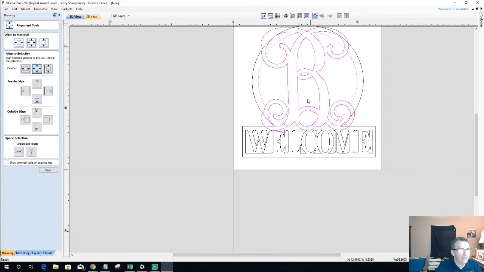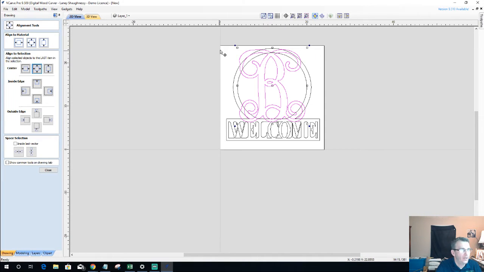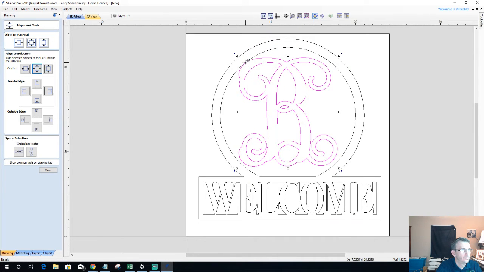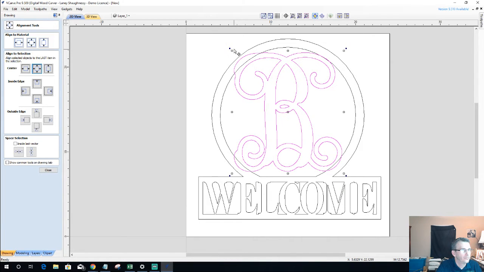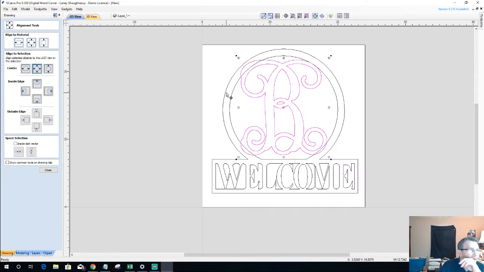And I've got some sizing to do still on it, so let's size that down a little bit more. I'm going to hold my shift key this time now that it's centered. That keeps it centered on the object and everything. So I'm going to come down. Okay. All right. So with that,